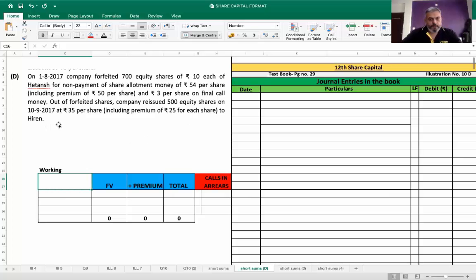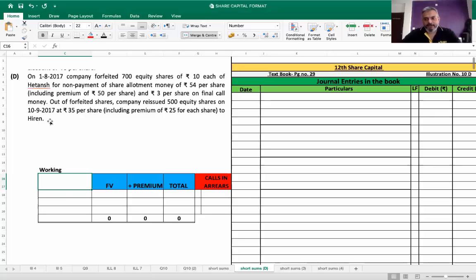Now D. On 1/8/2017, the company forfeited 700 equity shares of ₹10 each of Hitansh for non-payment of share allotment money of ₹54 per share, including a premium of ₹50 per share. It means ₹4 is towards face value and ₹50 is the premium, and ₹3 per share on final call money. Out of the forfeited shares, the company reissued now only 500 shares